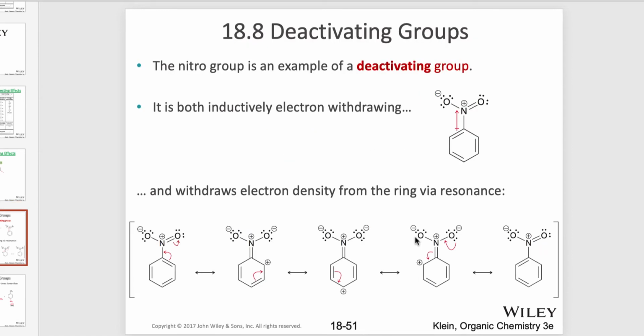Moving on. So I had mentioned before, it's really important that you are able to draw a detailed structure. So it may say NO2, and you need to immediately think that, oh yeah, here's an atom. There's a multiple bond, double bond to oxygen, there's a positive charge, and it will take out electron density. So thus it's a deactivating group. It's going to slow down the reaction, and it will be meta-directing. As previously,